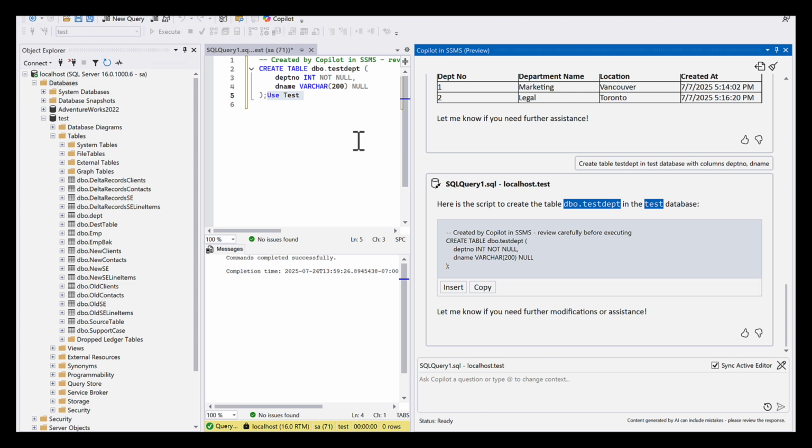Now, there is another thing which I want to let everybody know: once you enable this CoPilot, there is no way by which I can remove the parameters and configure it again with another model. If you want to do it with another model, you would have to remove, right now I've tried it multiple times, you would have to remove SQL Server Management Studio, install it one more time,